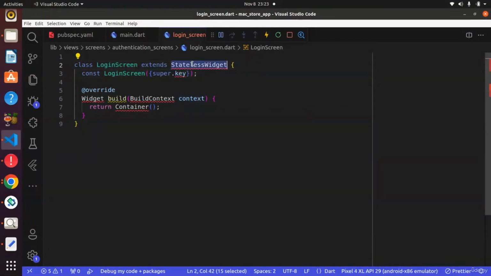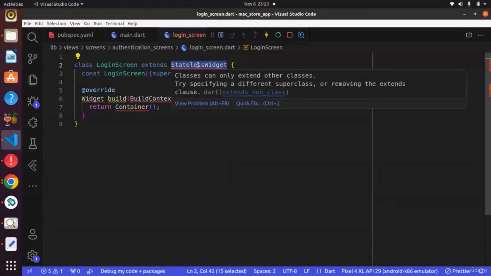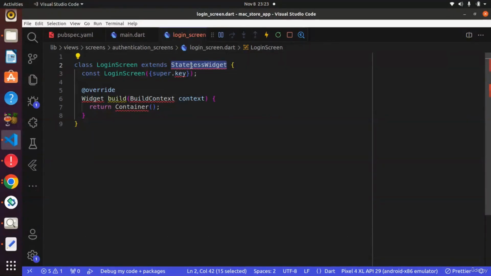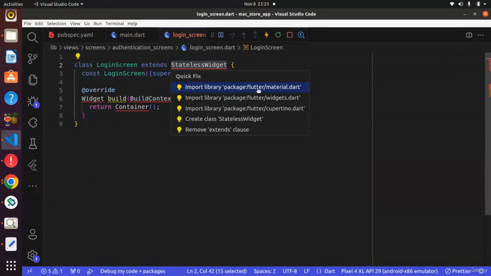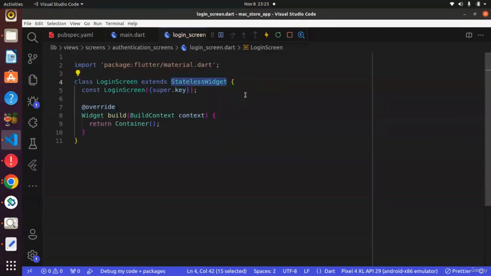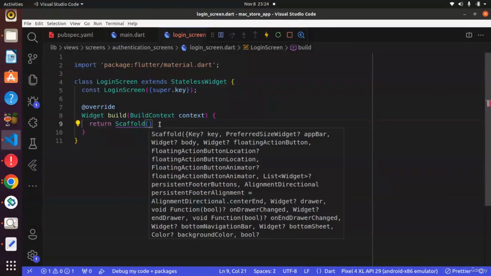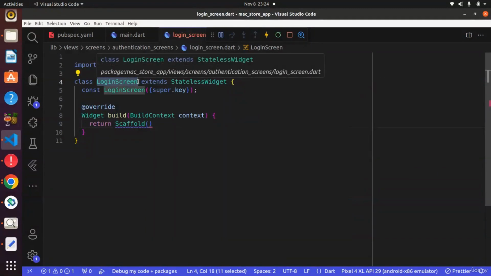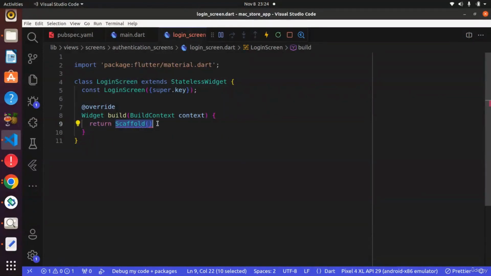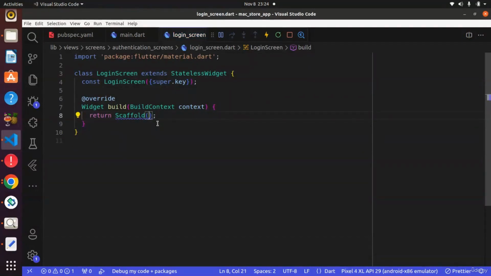And the reason for this error is because it wants us to import the material.dart package. To easily do that, alt and use Ctrl and dot and import from material.dart package. And instead of returning this, we want to get rid of it and return a widget known as scaffold. The scaffold widget will create the layout on how the login screen will be built. And also, by returning the scaffold widget, it will give us access to a lot of predefined components such as